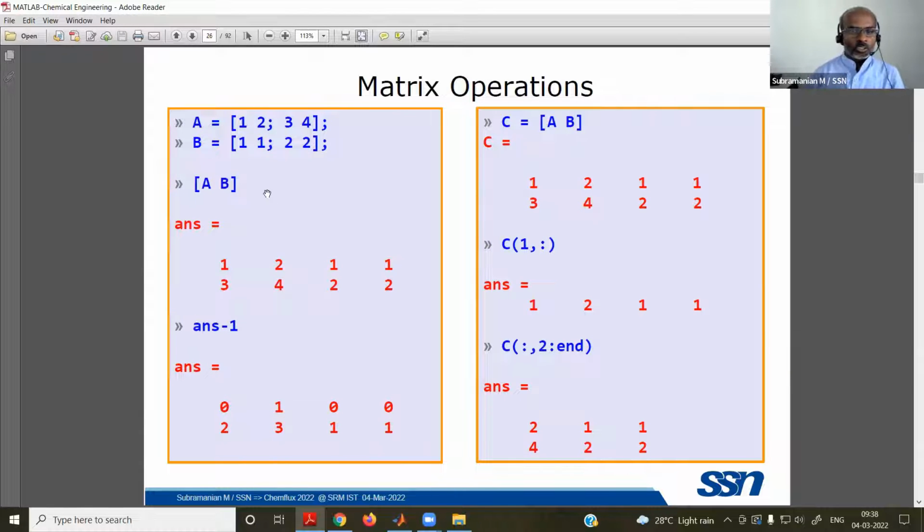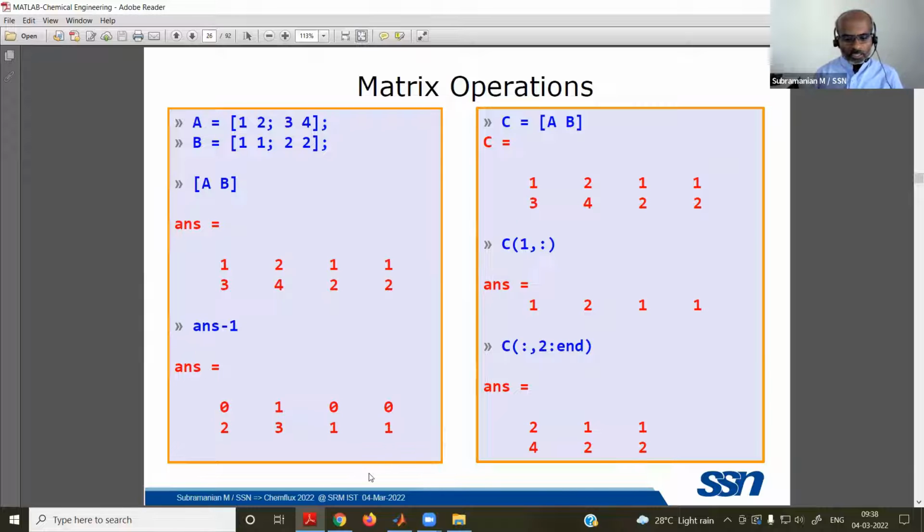So far, so good. We could understand one-dimensional array. Now, two-dimensional, slightly increasing. So what we are giving, A is 1, 1, 2, and this semicolon is also now ending a row. Earlier, we were using semicolon to what is it? Suppressing the echoing of result. Now a matrix is defined using this 1, 2, and a semicolon again 3, 4.